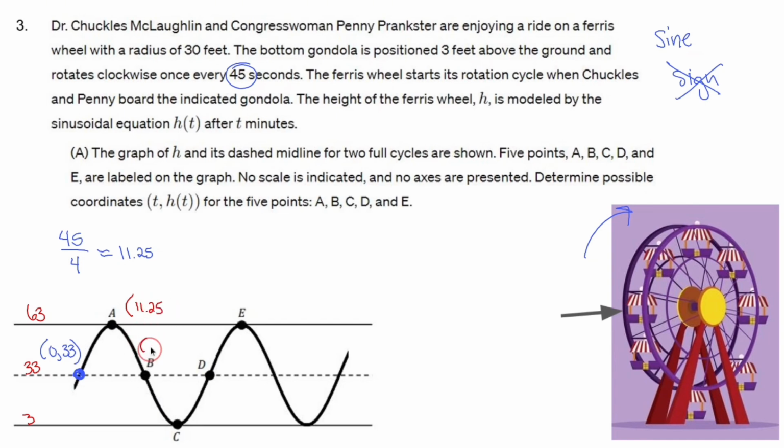The time for B is going to be 11.25 more than that, so 22.5. The time for C is going to be 33.75. The time for D is going to be 45, which makes sense. And the time for E is going to be 11.25 more than that, which is going to be